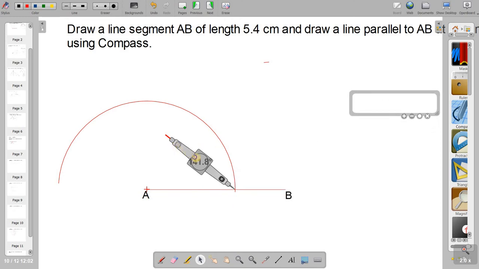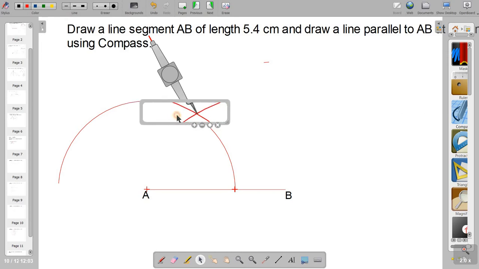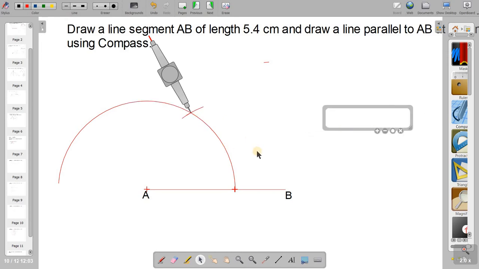Now I'll have to make one more arc here. The distance of the compass can be anything more than half of the distance. It is not changed. Through this process I have made one smaller arc here. I can rotate it and make it a little bigger. Now I'll have to take the arc to this side. I brought it here. You can see it is kept exactly at that point.